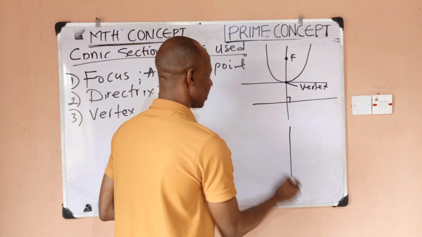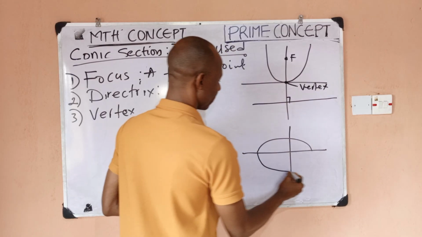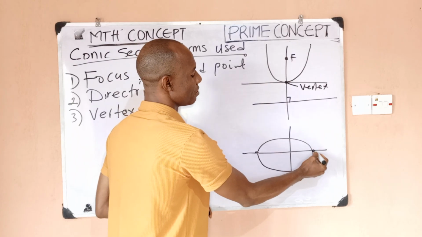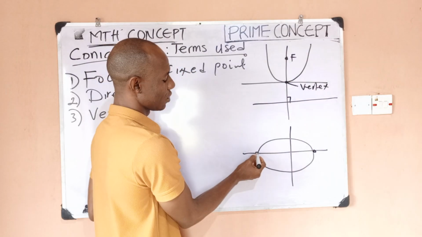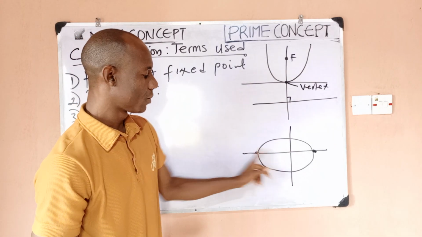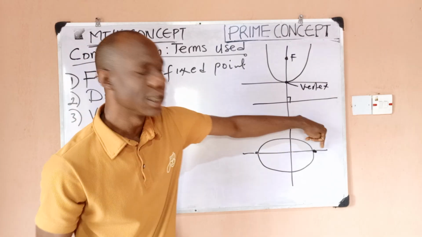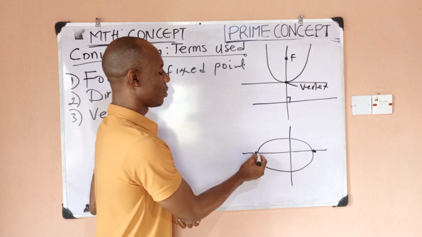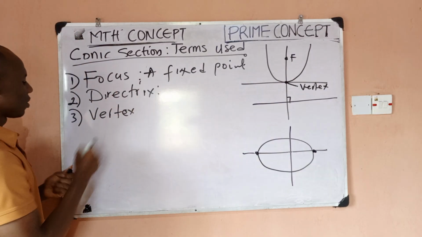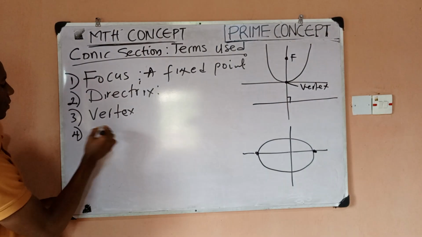So if I have something like this and I decide to draw an ellipse, this point where this ellipse crosses the major axis, because this is the major axis, so these points are what we know as the vertices. These are not the vertices because this is the major axis, the x-axis. The longest distance is the major axis. So these points are your vertices, right? Yes. So also number 4 is what we know as our